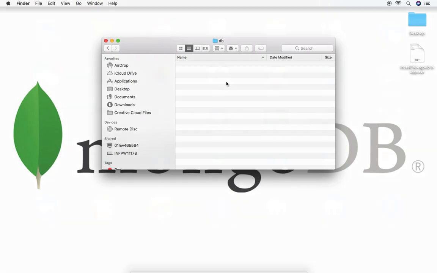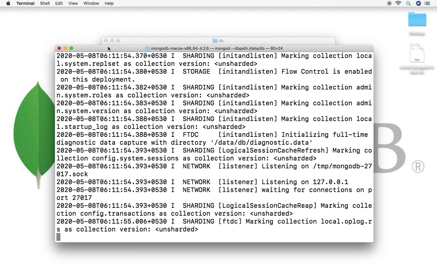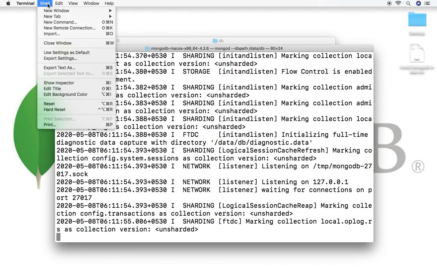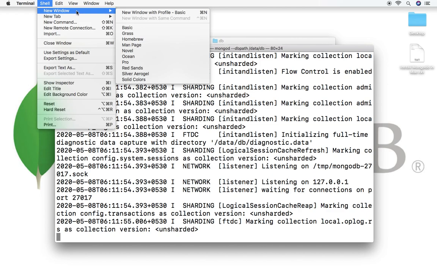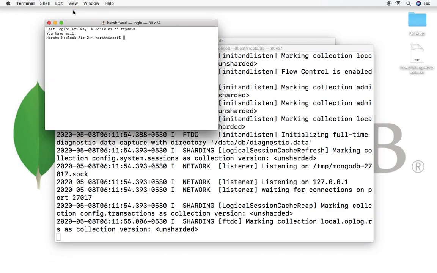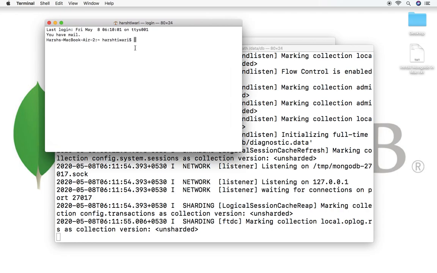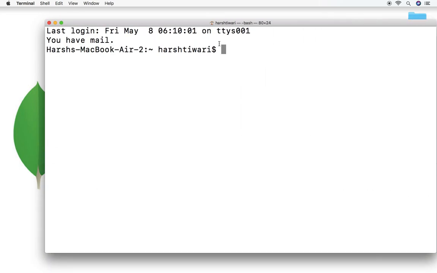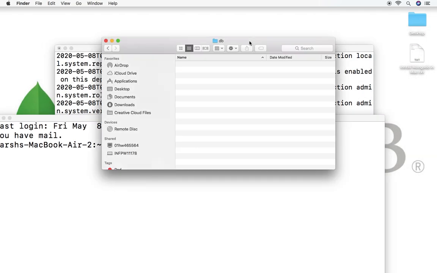So now let me open a new terminal. I'm creating the new terminal. Let me increase the size. Again I'm going into the same path.